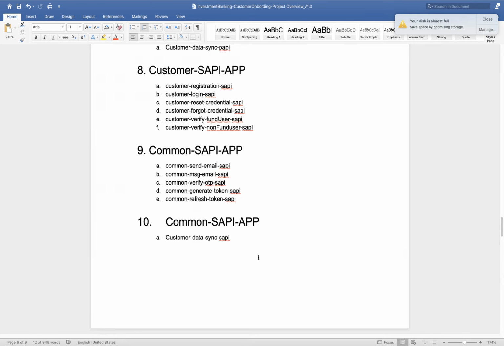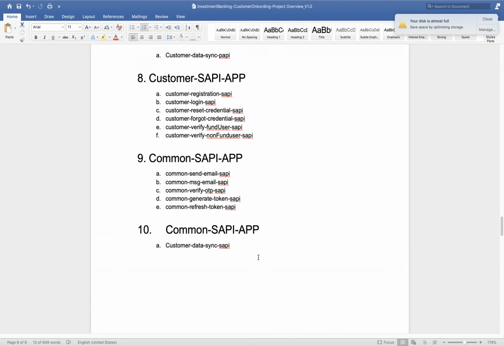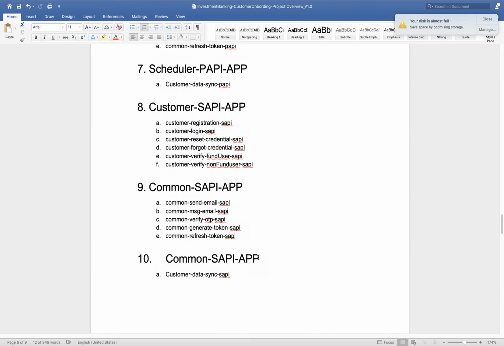Now one thing I want to make clear: in many places, many projects, you will see they term this particular application as an API, but I am terming this particular thing as an API. Even for this, in different projects and different places, they will term it in different ways, but you need to understand.